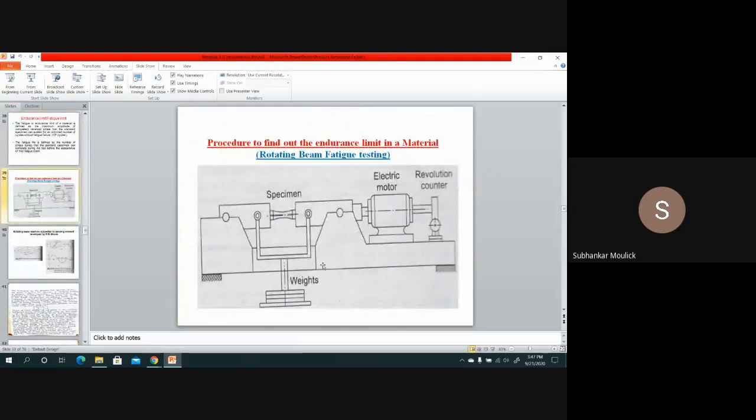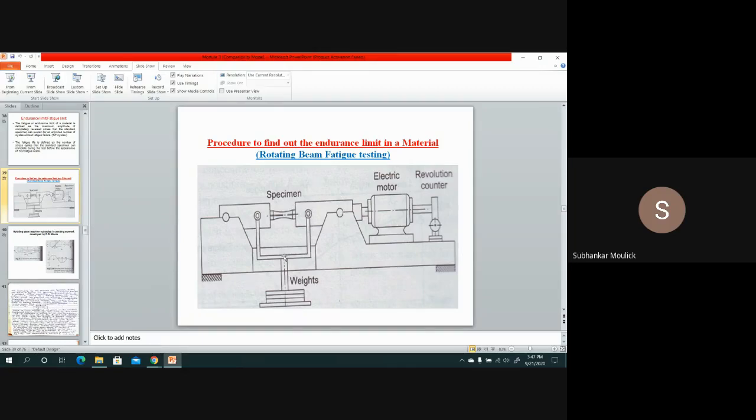With this experiment, that is rotating beam fatigue testing machine, we were finding out the endurance limit of a material. So can you tell me that if I use this experiment to find out the value of endurance limit of any material when it is subjected to fatigue failure,